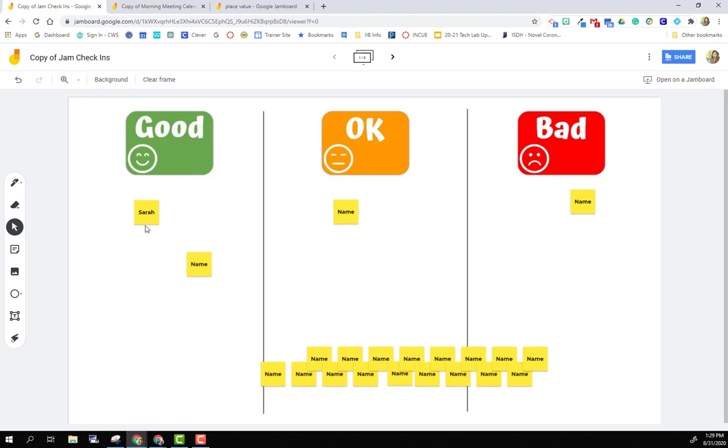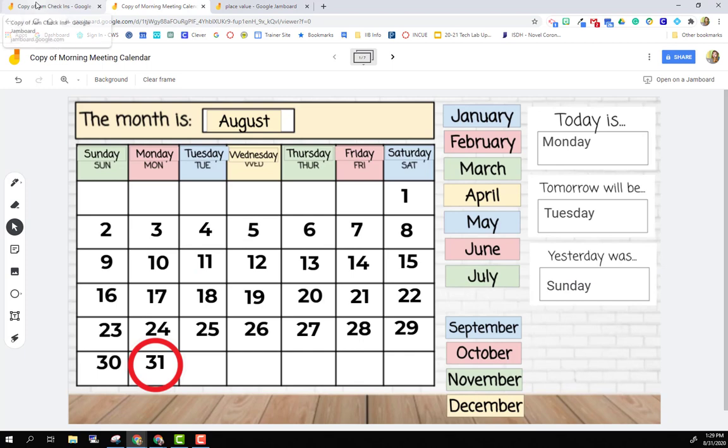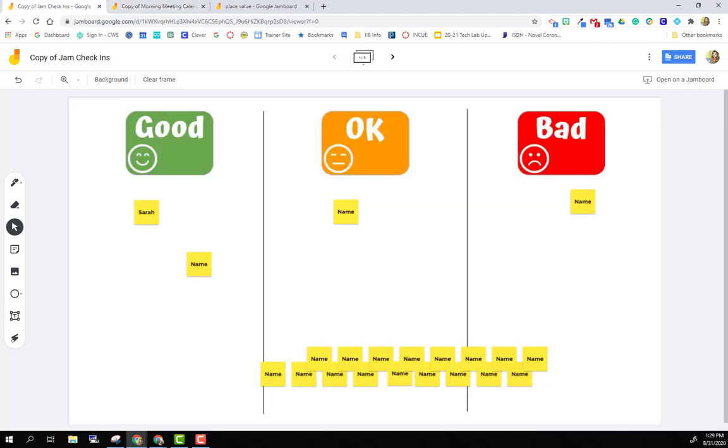Again, this could be an activity that could happen during remote learning or during in-person learning as well. Same thing with all of these other activities. These could easily happen in person as well as remotely. So let's get started on how we actually create activities like this and take a tour of a blank